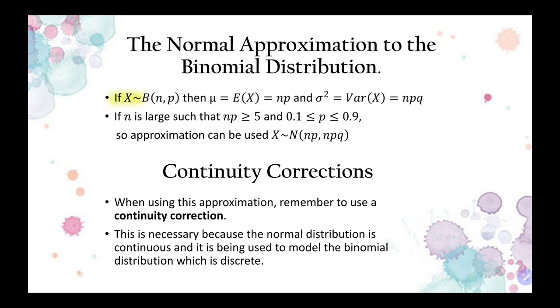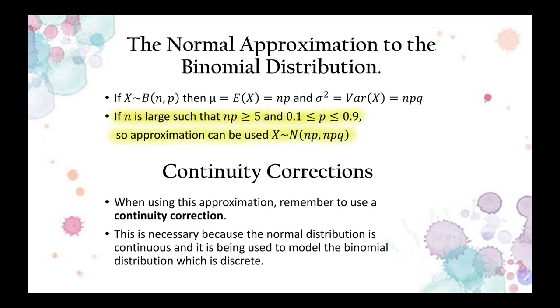If X is binomially distributed with n and p, then mu equals E(X) equals np, and sigma squared equals variance of X equals npq. Maksudnya mu tu adalah mean E(X) dan formula for mean is np, and sigma squared adalah variance dan formula untuk variance adalah npq. If n is large such that n times p is greater than or equal to 5 and p